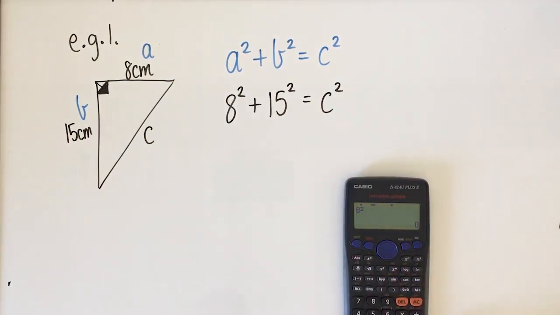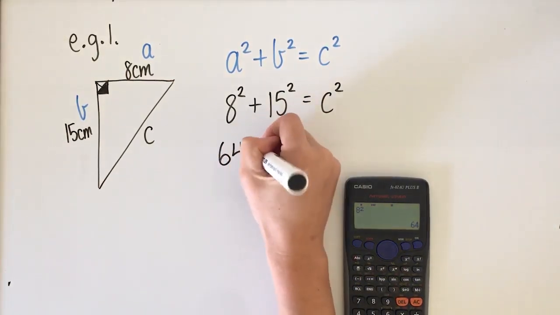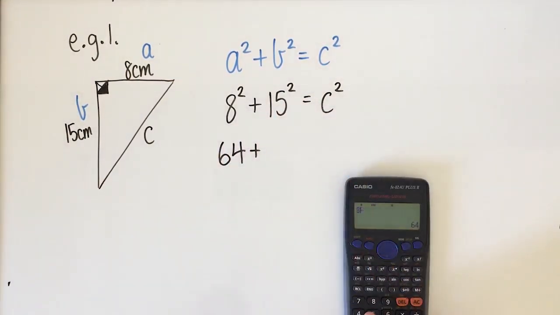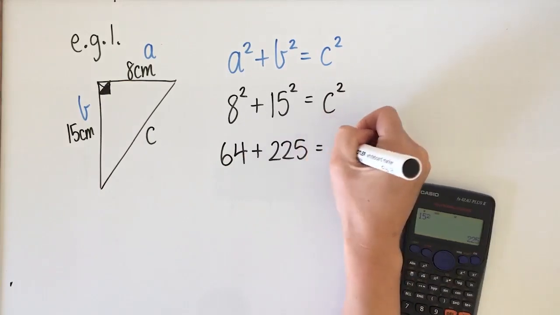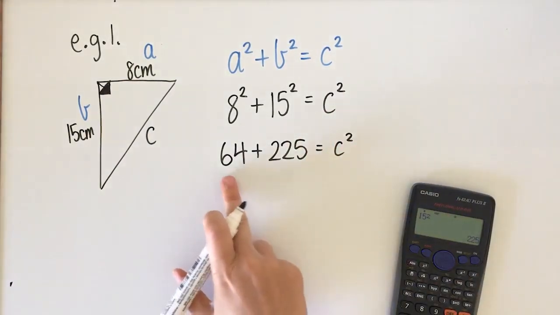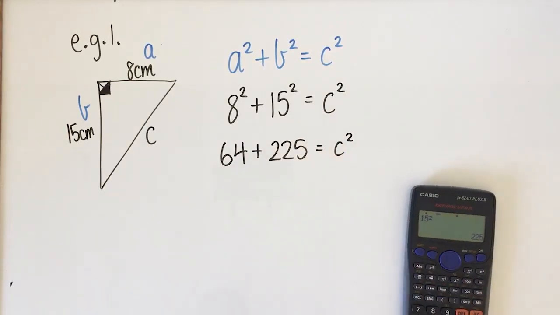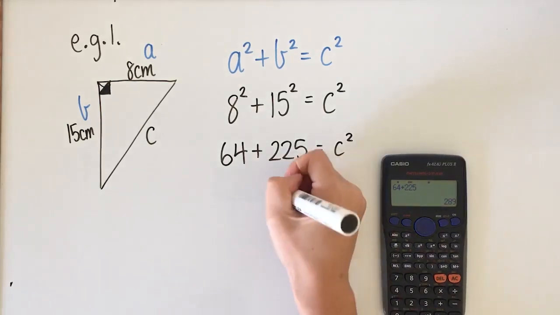I'm going to type in 8 squared to get 64. Then I'm going to type in 15 squared to get 225. And we know that is going to give us C squared. So the next thing we're going to do is add these two things together. So we're going to go 64 plus 225, and that'll give us